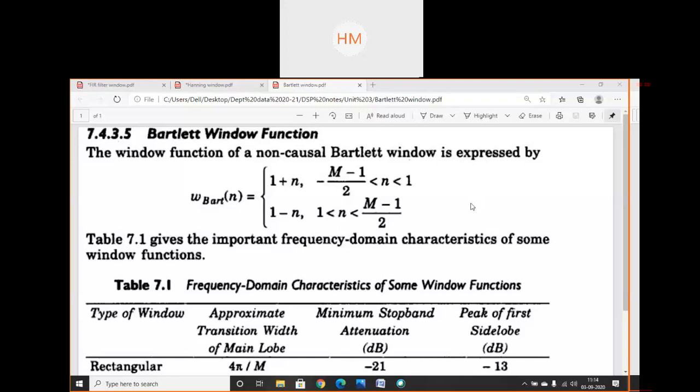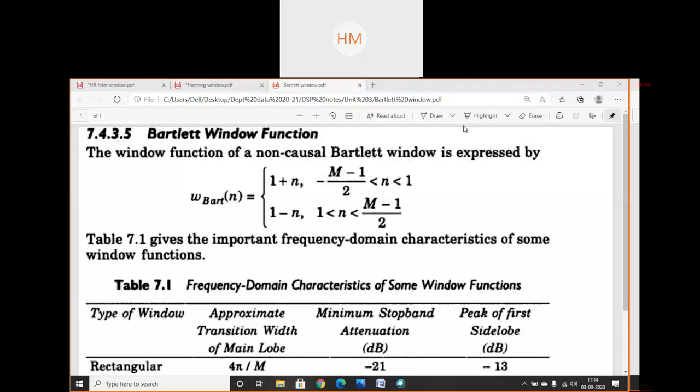So on those basis, we have classified the filters as LPF, low pass filter, high pass filter, and band pass filter. We all know these filters. So now we will apply this windowing technique to simplify the filter approximations, to design low pass filter, high pass filter, band pass, band reject filter. We will simplify numerical for those filters by applying this windowing technique. So we have to remember all these window functions.